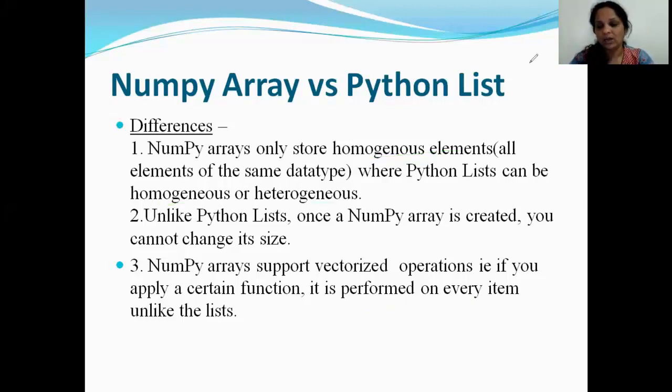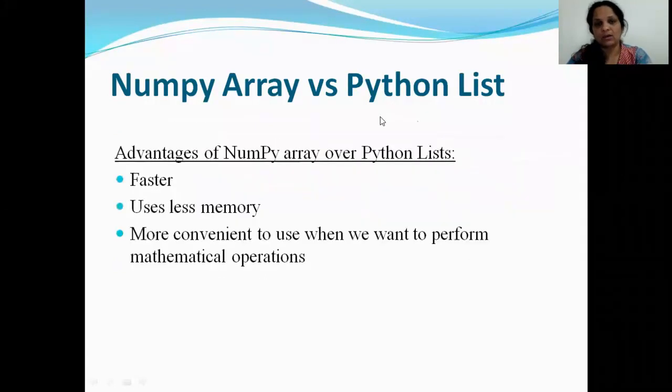Then the other differences, in terms of advantages: the list is slower when compared to a NumPy array, and the list uses more memory. Let me put it in the words written on the screen. NumPy arrays are faster because of the way they are stored in memory.